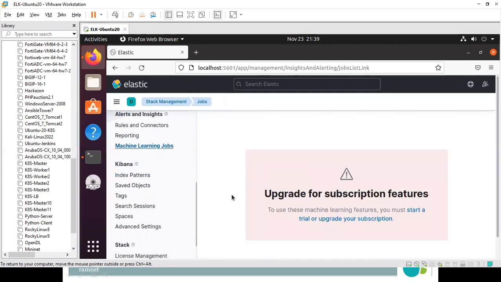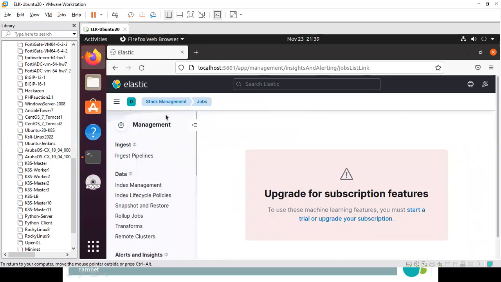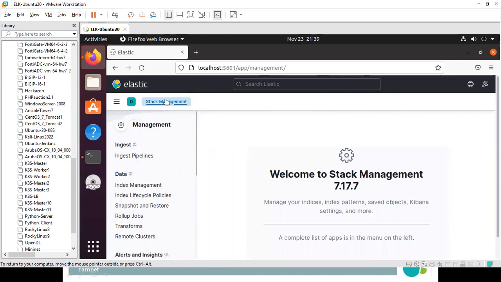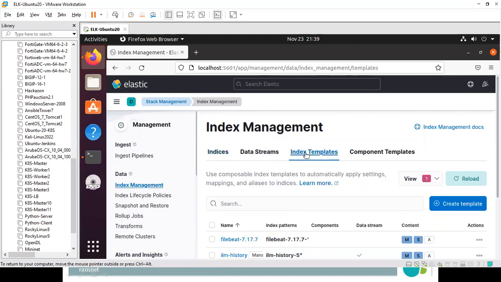Machine learning, we require to upgrade many things on this. So we just uploaded that file and we can see the index management on this. Index templates, it's here.